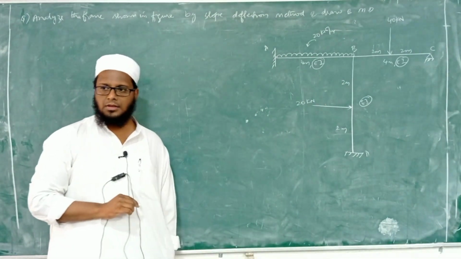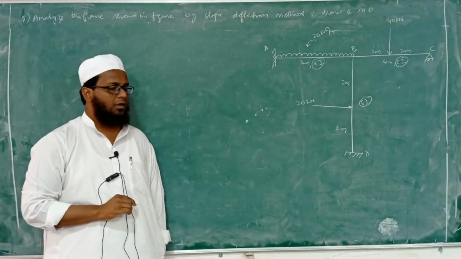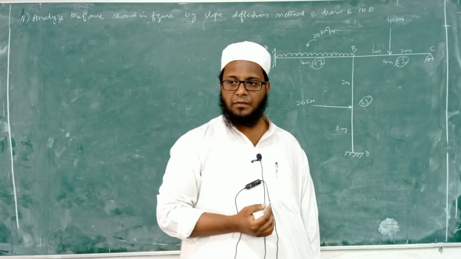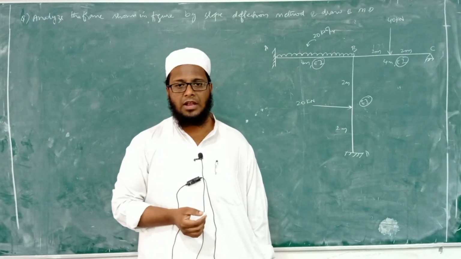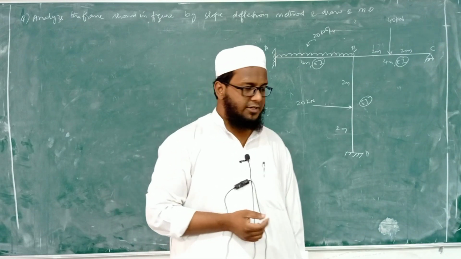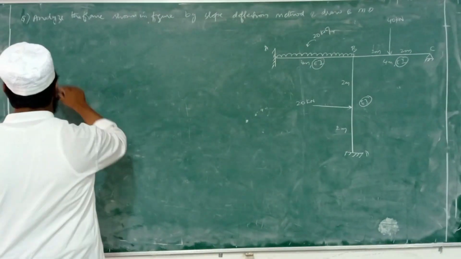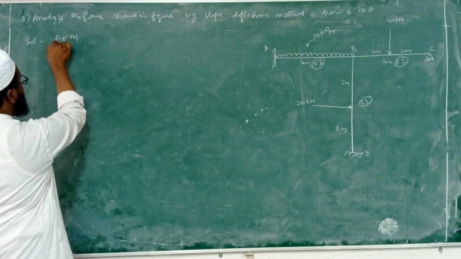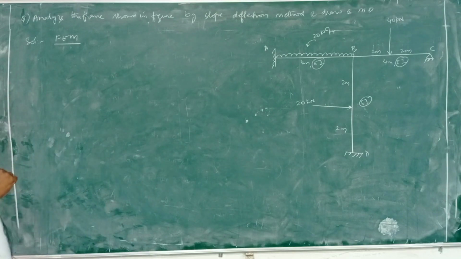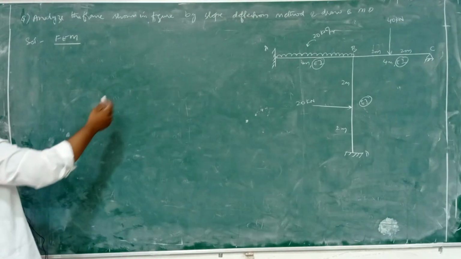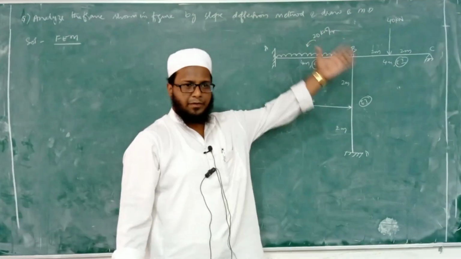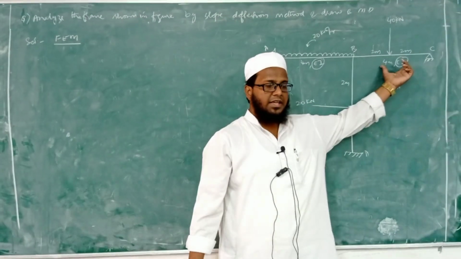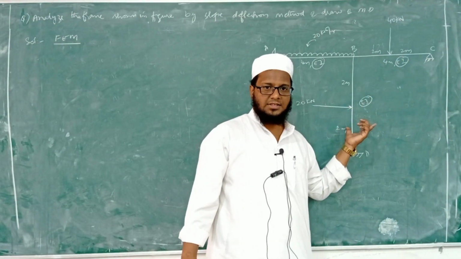Alright. So in this one, what is the first step in slope deflection method? In case of slope deflection method, the very first step is to calculate fixed end moments, isn't it? So I will start the calculation with fixed end moments. So the solution, the very first step is fixed end moments. So in case of fixed end moments, we'll try to split the entire frame into 3 different parts here. One is AB, another one is BC, and another one is CD, isn't it?